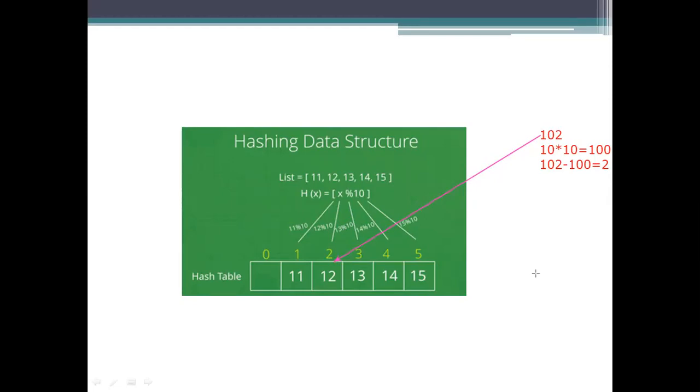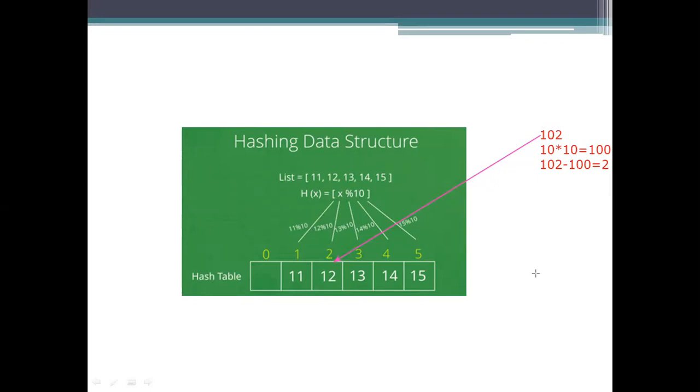We didn't just store that one; we are letting the calculation decide the location where we need to store that value. So the disadvantage here is that a collision will occur. The problem that is raised is a collision.